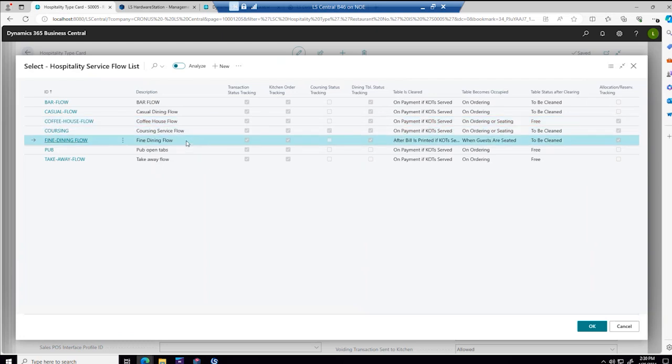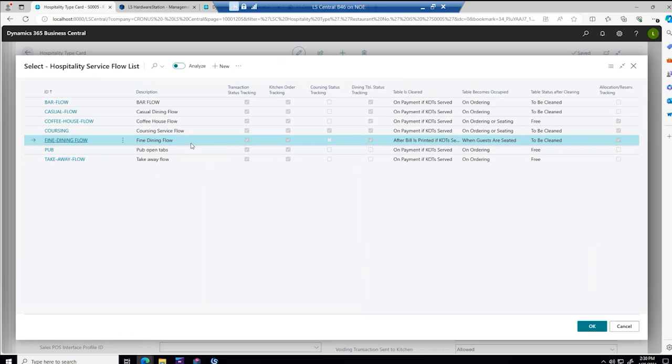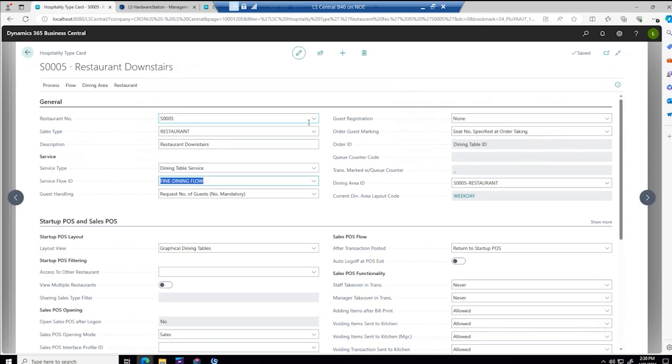And fine dining, well, we have plenty of different examples: takeaway, pub and taps, while fine dining is with tables, so you can reserve your table and sit the guests, where everybody will be able to select specific menus, maybe for the breakfast, for the dinner, all of that, right? So with the restaurant, just once again,